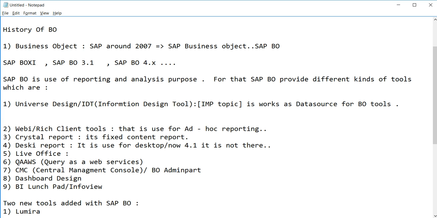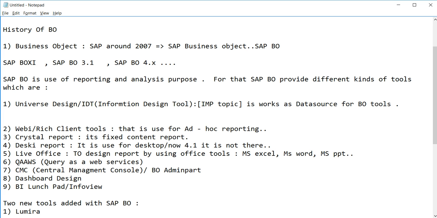Live Office is used to design reports by using Office tools. Office tools means MS Office. We can design reports with the help of MS Excel, MS Word, MS PowerPoint, PPT.